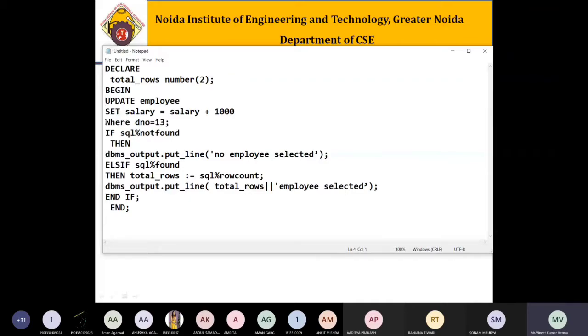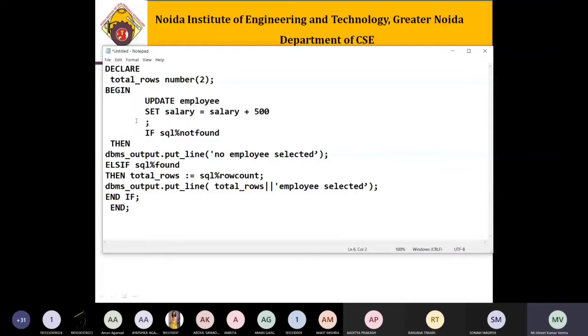As we have to update the salary by 500 or 1000, we update the employee table and set salary equal to salary plus 500, as the question says. So let it be 500. This is for all employees.